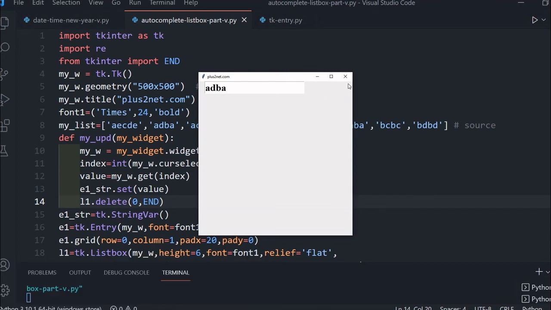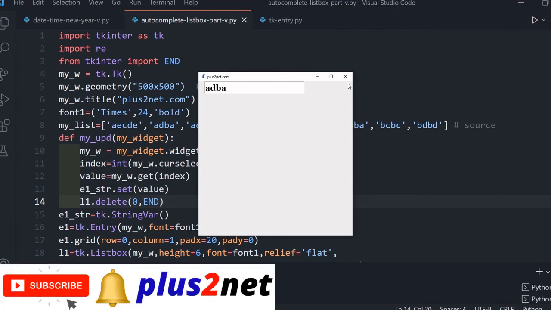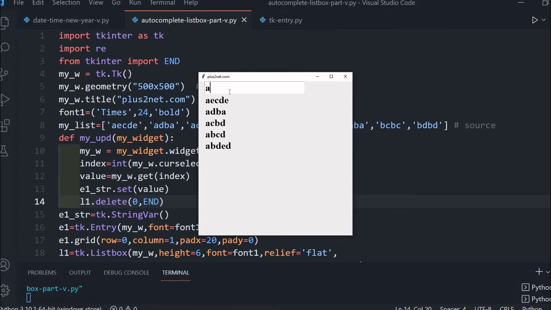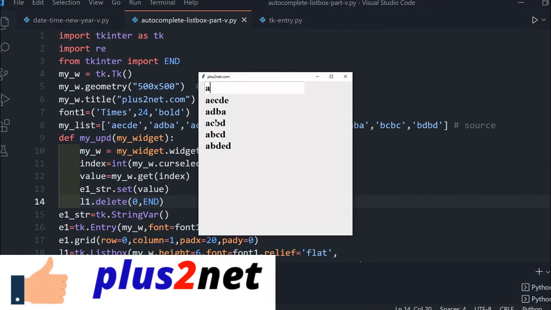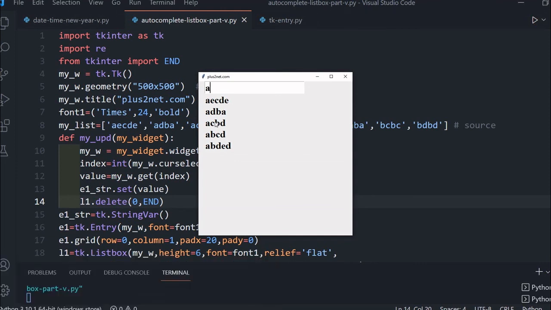So this is actually the basic concept behind creating an autocomplete box using an entry and a list box. But usually what happens, I have to configure the down arrow, so that the moment I select an option, I will not use the mouse, I will use the down arrow, and either I will use an enter button or right arrow to pass that selection. That we will see in the next part, because now it is too long.